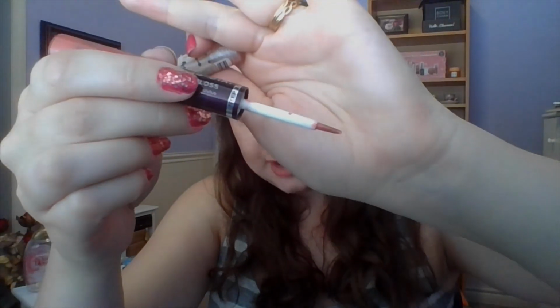However, it was kind of grainy feeling because this is very old and bottom of the tube and all of that. This was the lip gloss side. It looks like there's still a whole bunch down at the bottom, but there isn't. Whatever's there is just all dried off. This brush, not a big fan of that. I do prefer a doe foot. The color, gorgeous. It lasted pretty well on the lips. It did transfer a bit, which...